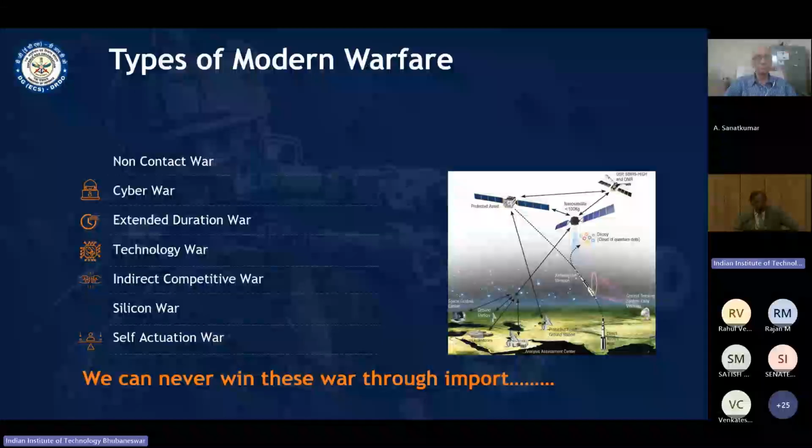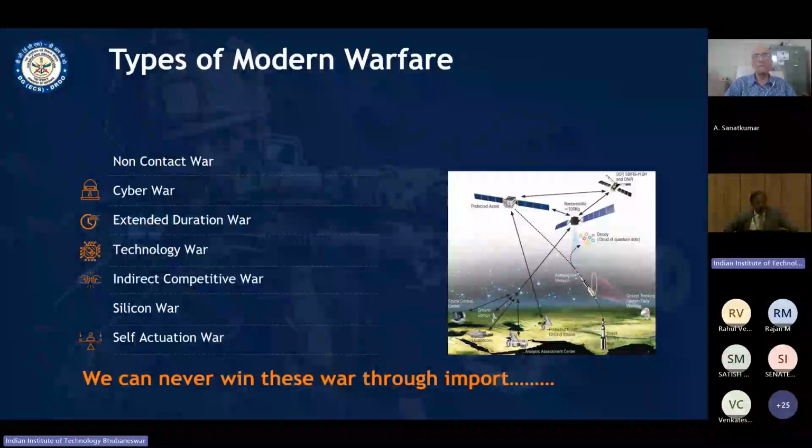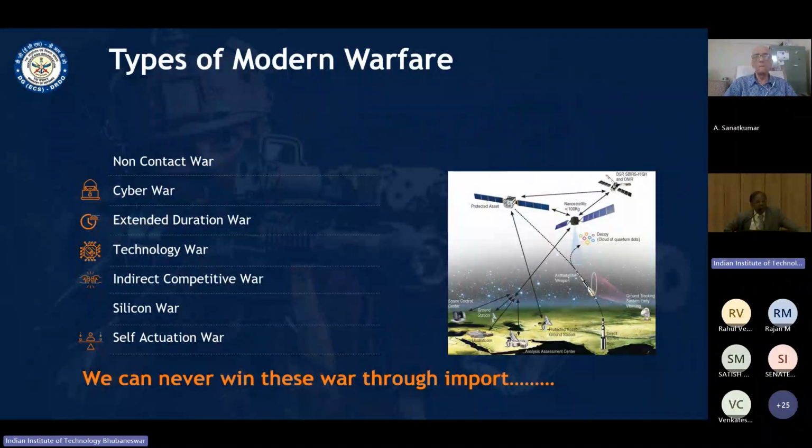And I will conclude this slide with the last war, which is called the self-actuation war. This is my favorite war. I'll tell you why. We made a mission that Indian wars will be fought with Indian weapons by Indian Jawans. Remember, that weapon is not designed by the Jawans. That weapon is designed by somebody else. That Jawan has to trust that weapon, trust the ability, devastation and accuracy of that weapon, to which he is not a contributor. Yet, he has to fight the war where 1.4 billion people look for a win. And like I say, in any war, there is no runner-up. Either you win or you perish.